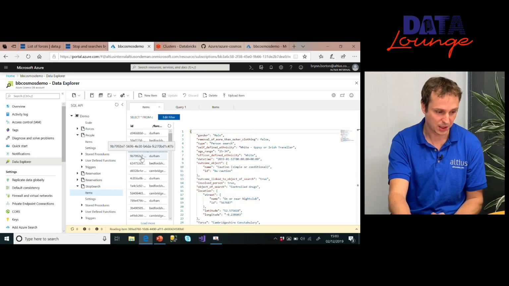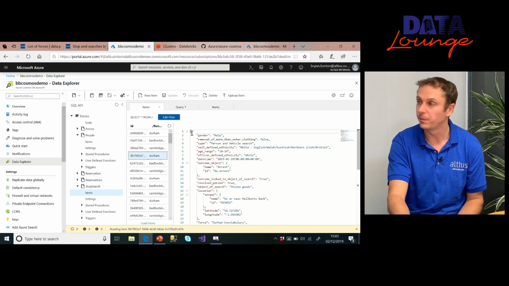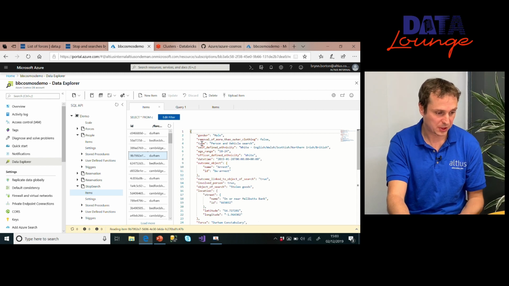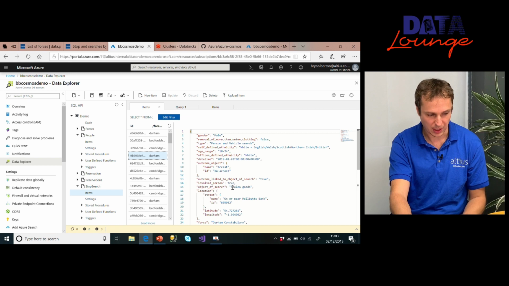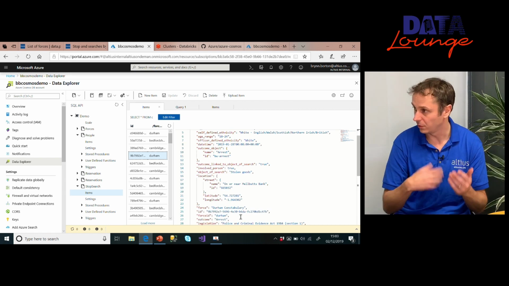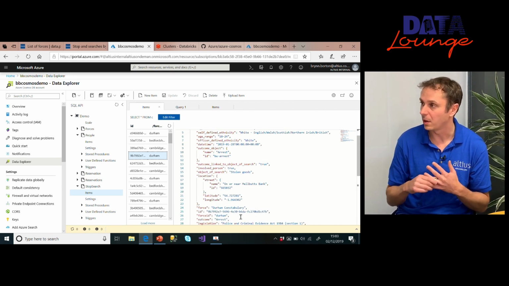So each one of these items here is a set of JSON. Good. And you have properties and values, and you can have more complex structures. You can have sub-objects, you can have lists of objects within objects and stuff like that. And that